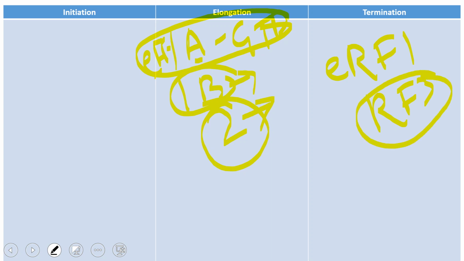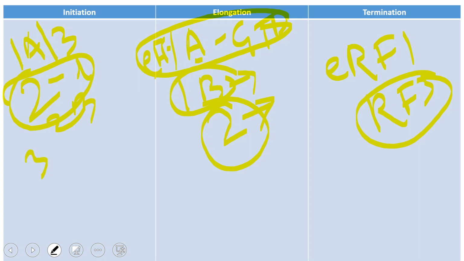In the initiation, we require a number of factors, from factor number 1 to factor number 6. Factor 1A and factor 3 are anti-association components. This helps in the dissociation of the ribosomal components, 40S and 60S. Then come to factor 2. This factor 2 comes along with the first amino acid in the ternary complex. So factor 2 helps the ternary complex, and 2 will be for the recycling of this one. Factor 3 is again part of